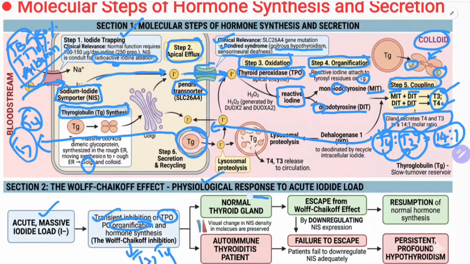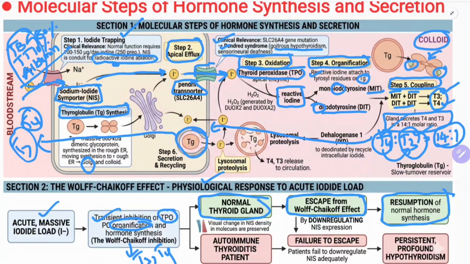So in a normal thyroid gland, when there is increased iodide load for some reason, instead of producing more and more T3 and T4 because of increased iodine, the gland will inhibit the thyroid peroxidase enzyme. Because of TPO enzyme inhibition, the normal gland will not respond to this increased iodide load, normal secretion of T3 and T4 will take place, and there will be no resulting hyperthyroidism. Once the iodide load is gone, the thyroid peroxidase enzyme is reactivated,